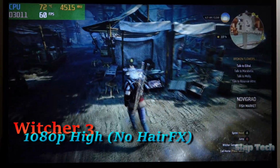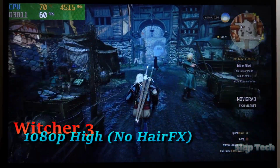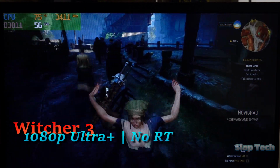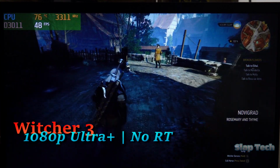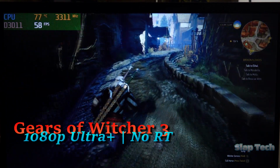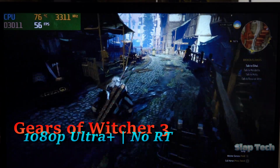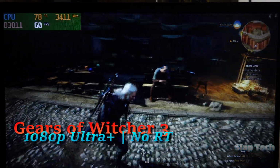16 gigs is the requisite amount for performance of this minute magnitude. But wait! There's more Witcher 3! Here's some footage from the new patch they just released, or as I like to call it, Gears of Witcher 3. Thanks to the expanded level of detail sliders, the highest detail level no longer looks ultra smooth but skips